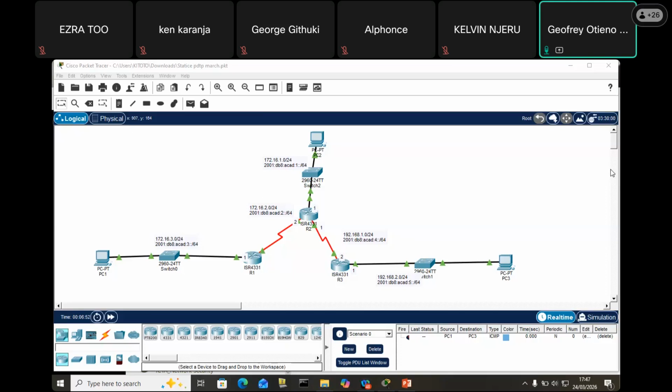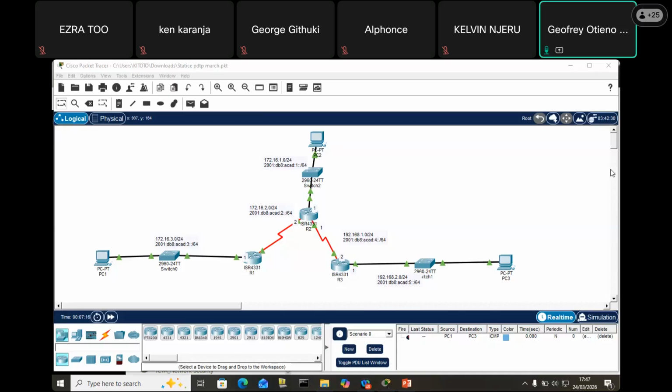Towards the end there, we talked about static routing and how it can be set up. In fact, the topology that you can see in front of you was set up using static routing. And we confirmed that the devices within this topology are able to communicate to each other using